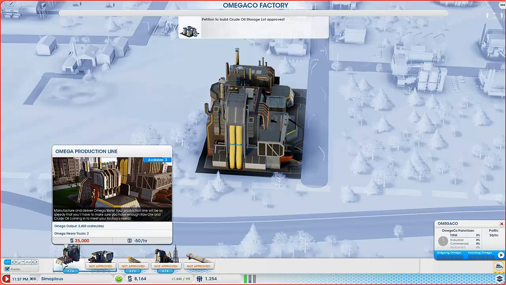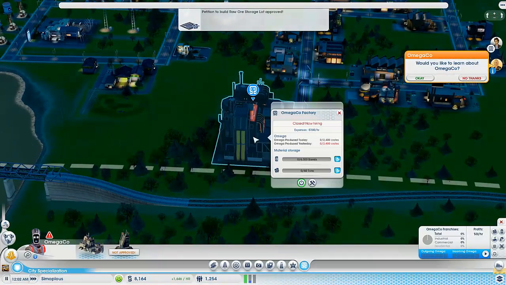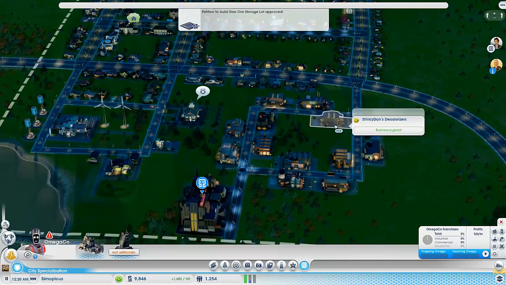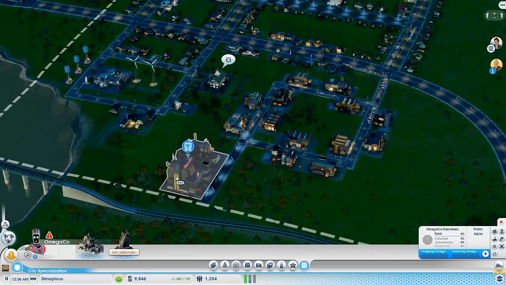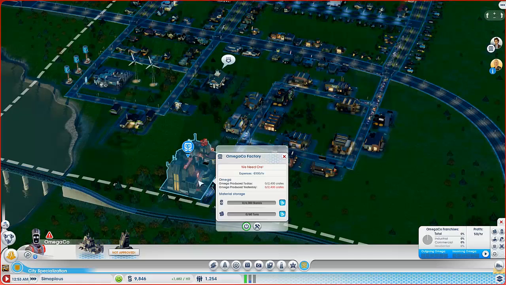Omega production line, 25,000. You make 2,400 more crates a day. So right now, I don't know how many crates it's able to make. 2,400 it is. So it can make 2,400 more if we get another production line. But I'm not going to risk doing that just yet. We're going to just make the 2,400, and they can supply these freight guys. They need oil. We need ore. Oh, God. They need ore, and...